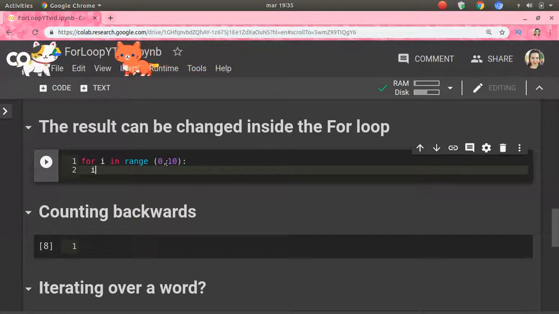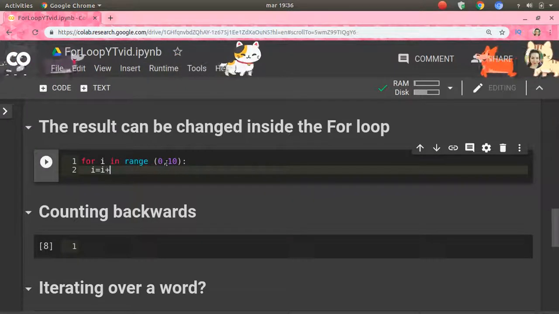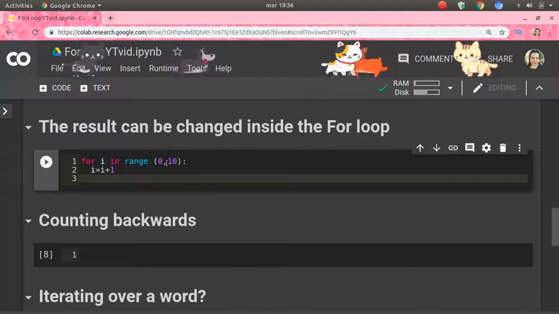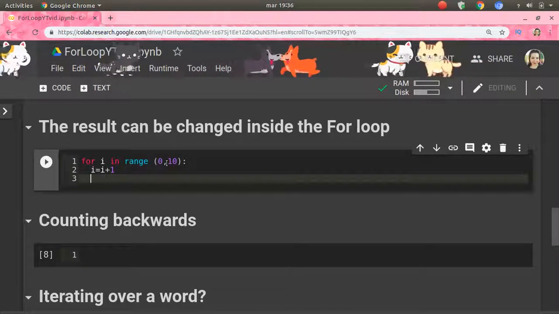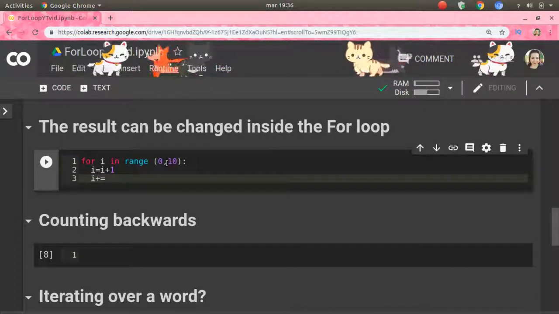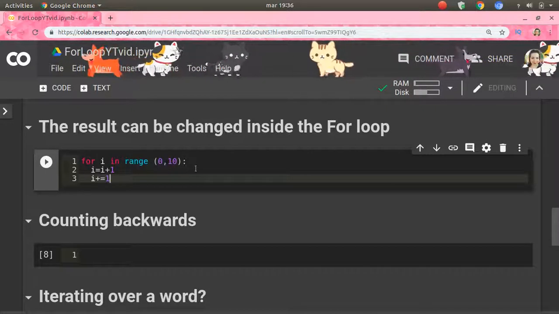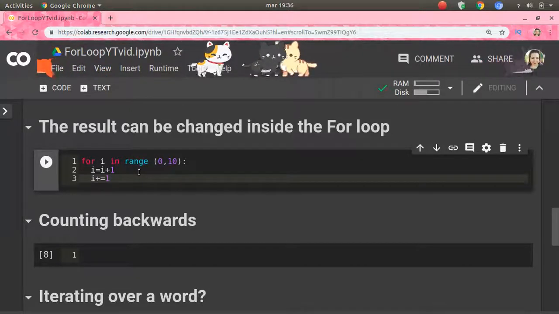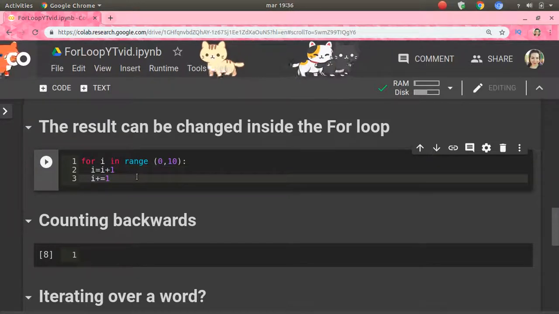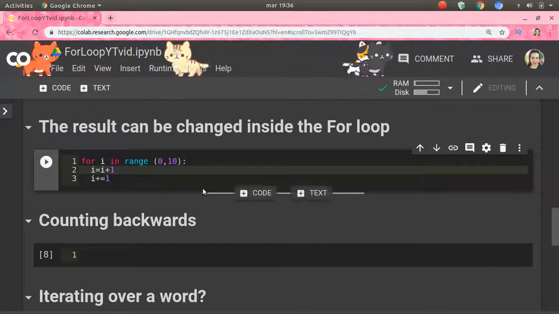So you can have two options here. One option to make this increasing the value is writing it in this way, i equals i plus 1. But maybe if you've already seen some Python information on the internet or maybe other videos, you can see this notation as well, i plus equal 1. Those two lines do the same, and you can use either this one, the number 2, or the 3, and you are going to get the same result. I'm going to use the second one,